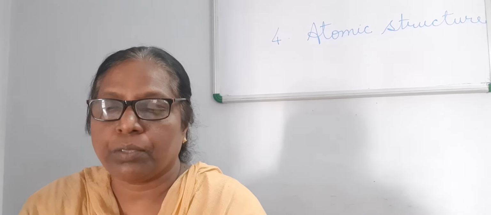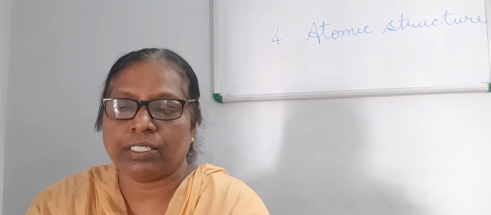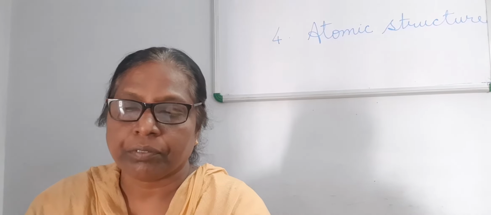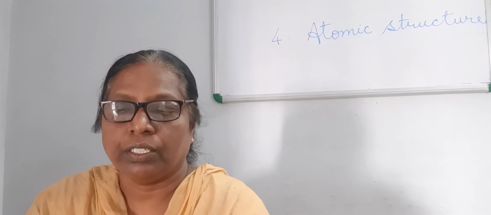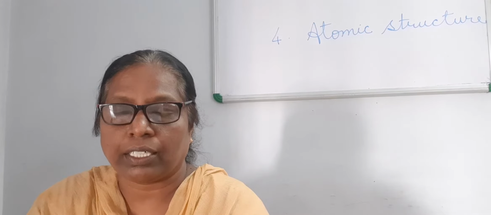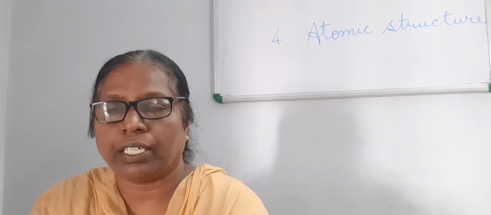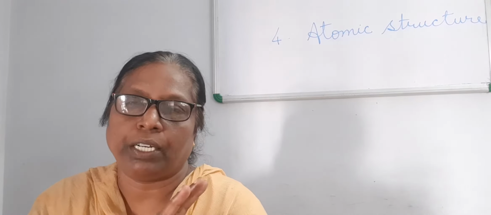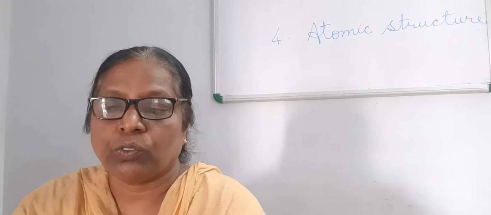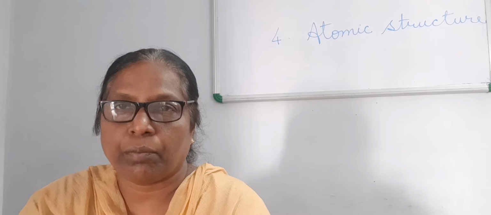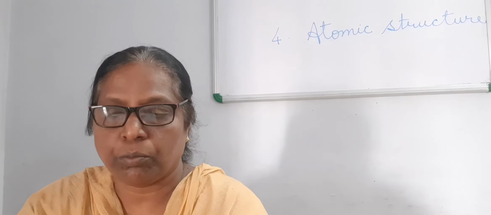In his model, Thomson proposed that the atom consists of a positively charged sphere in which the negatively charged electrons are embedded, and the positive and negative charges are equal in magnitude. Therefore, the atom as a whole is electrically neutral. As the positively charged particles and the negatively charged particles are equal in amount, it is neutral. This is what Thomson wanted to prove with a model. That model is known as the plum pudding model.